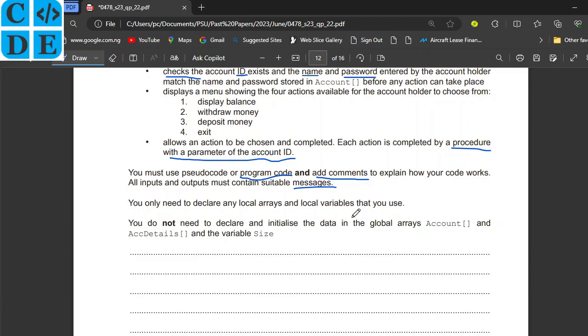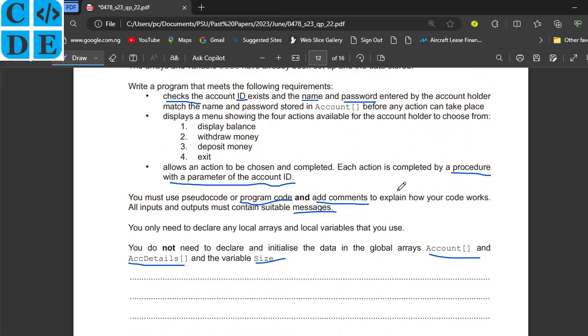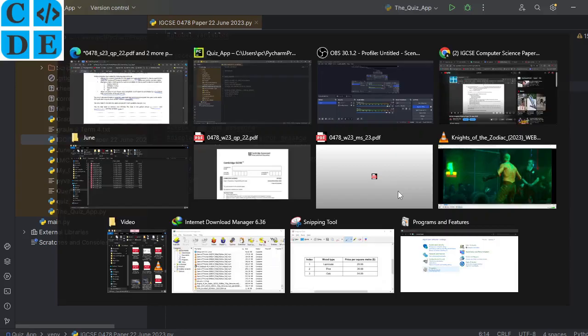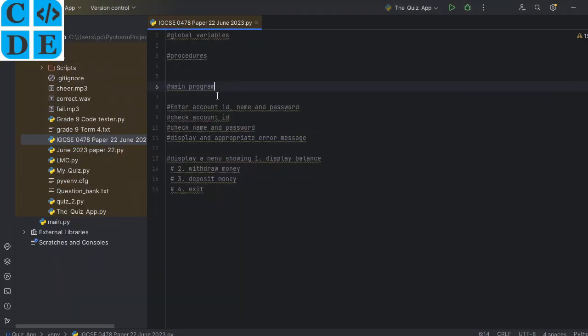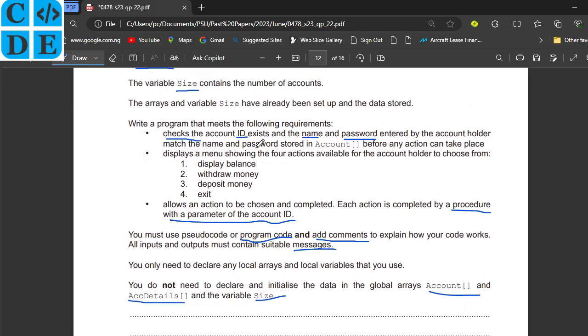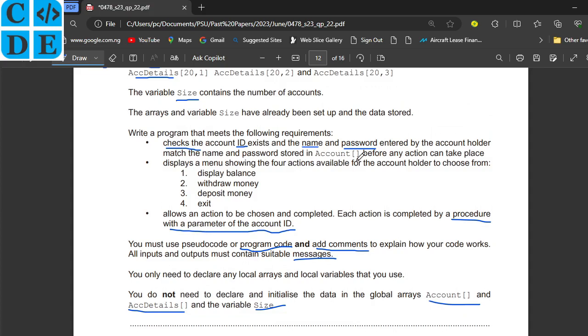So here it says you do not need to declare all of this. In the exam properly, you do not need to declare all of this. You only need to just go ahead and write your code. But for demonstration purposes, we need to declare them, which is very important for demonstration purpose, because you need to see that the program is actually running. So now that we have this idea, the next thing for us to do is to look at the